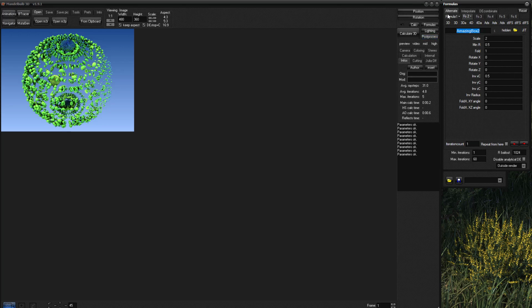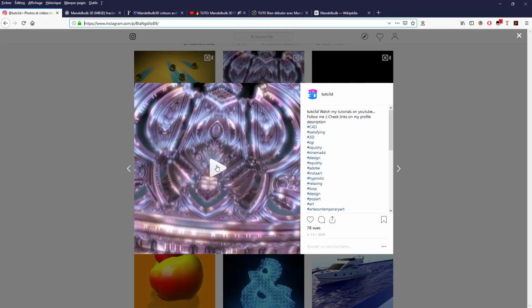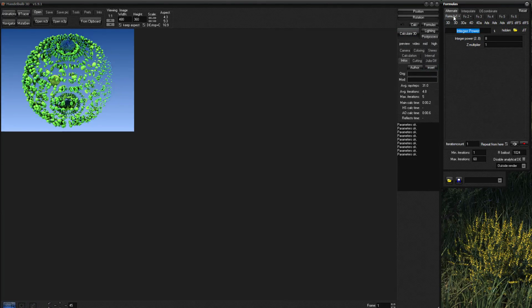But today we will do, I know the formulas that I used for this one. I remember which formula I used, so we will use it. So for the first formula, go to first formula, and select integer power, and you replace it by tetra, type tetra, and you have all the formulas where there is tetra inside, you see, here in the list, and choose tetra vs2. It's this one. You see, a tetra vs2.